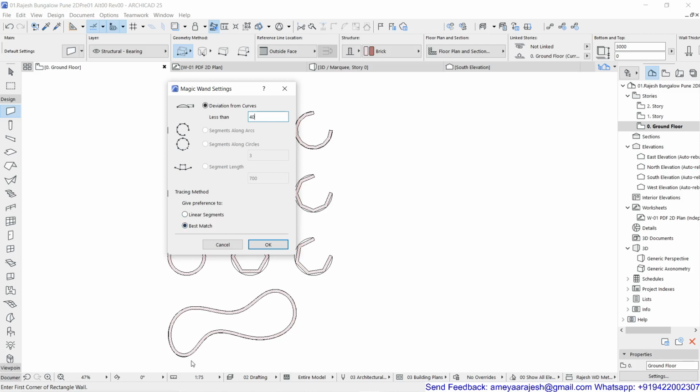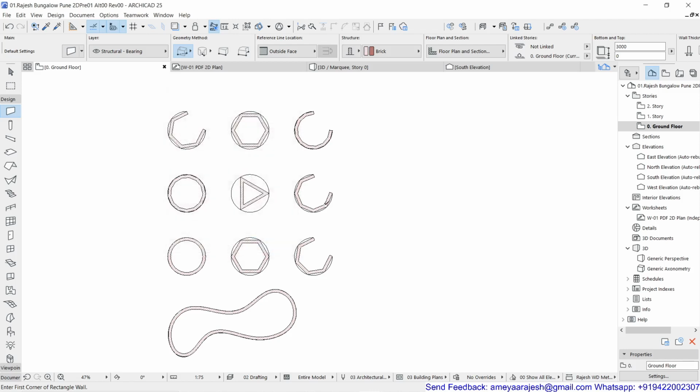But at times if there is no possibility to match the curve, then it uses this deviation from curve option. And if it is not possible to generate the curve itself for some reason, even with these settings, then it might try other possibilities to fulfill your drawing or design requirements.